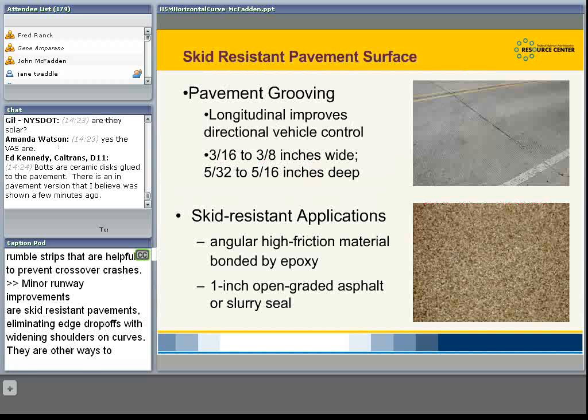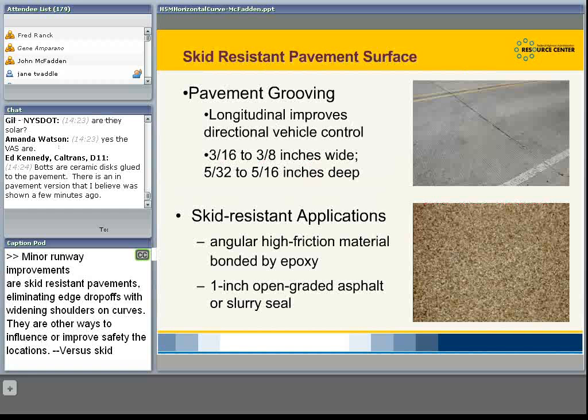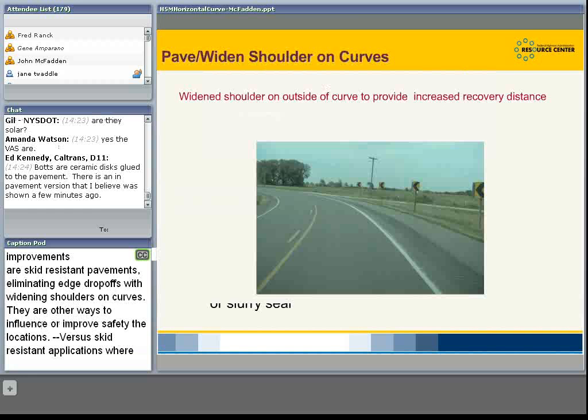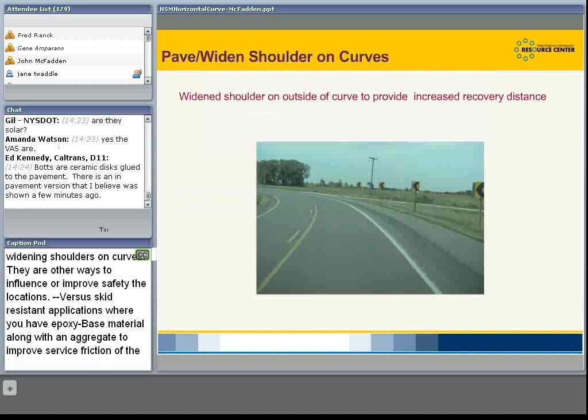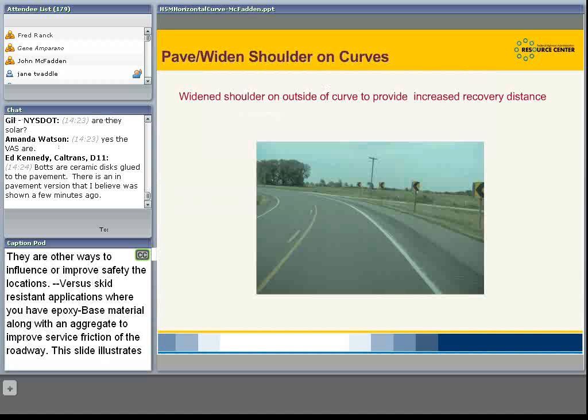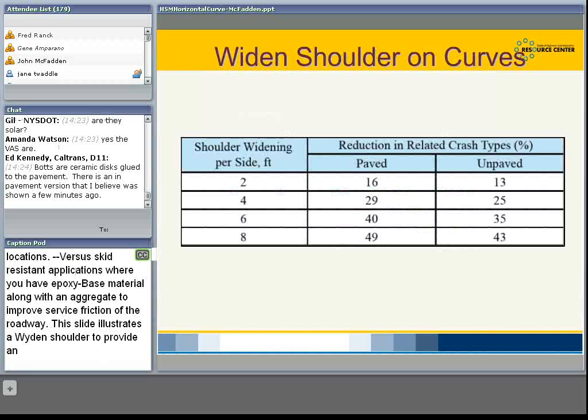Minor roadway improvements, where we're doing low-cost physical changes to the roadway, including skid-resistant pavements, eliminating edge drop-offs through safety edge, or widening shoulders on curves, are other ways to influence or improve safety at these locations. And the skid-resistant pavement surfaces include pavement grooving,